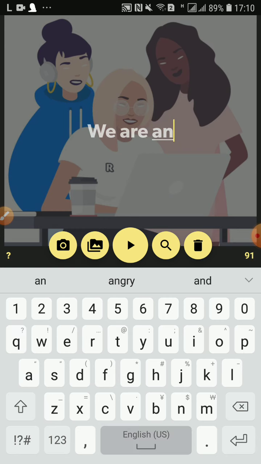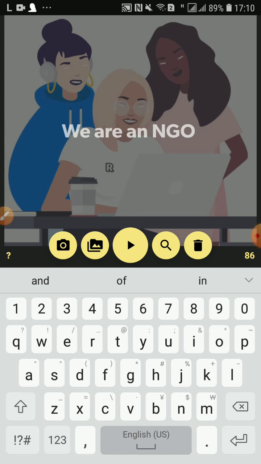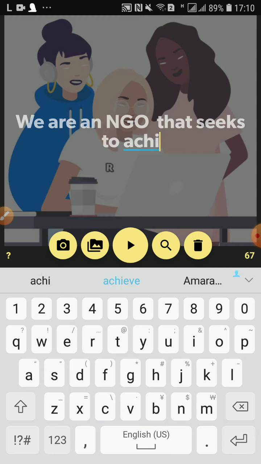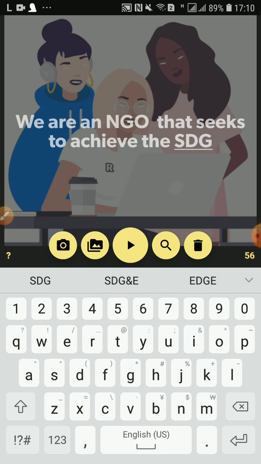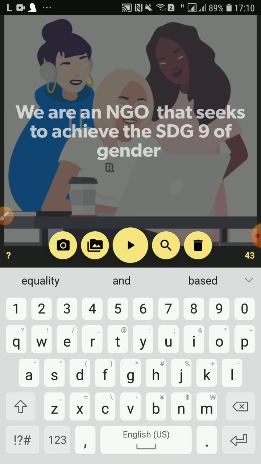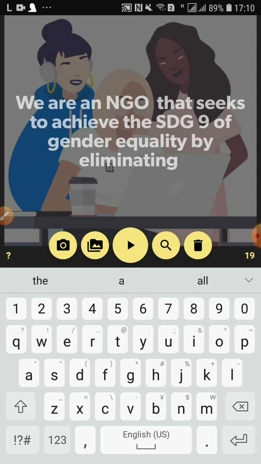And I want to say we are an NGO, okay, that seeks to achieve the SDG, which is Sustainable Development Goal 9 of gender equality by eliminating the gender gap,